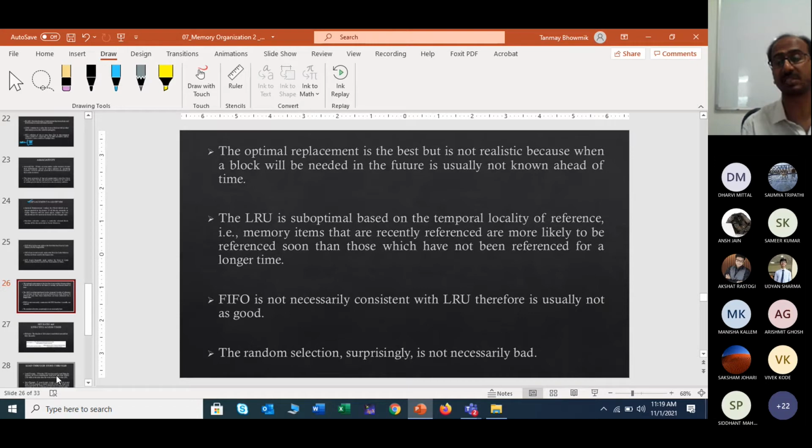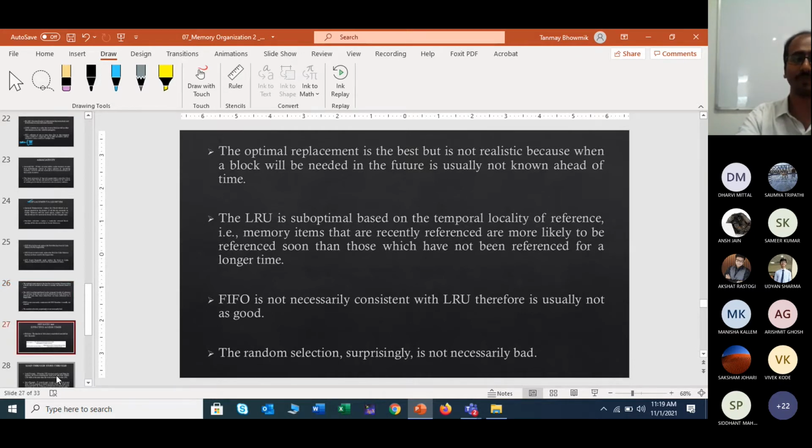Surprisingly, random selection is not necessarily bad always, because if you are not able to identify any proper algorithm to find the optimal cache replacement policy, then why use an algorithm at all? We will randomly select the data, and our computational complexity will be less. That is the point.